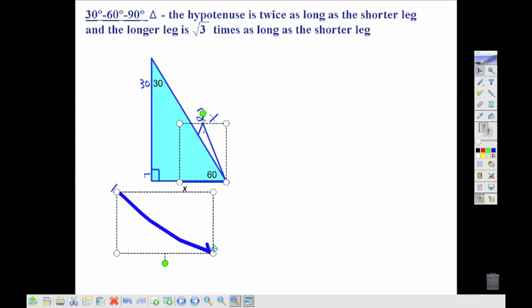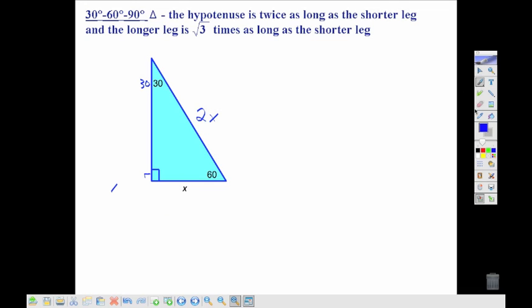Now I can get rid of this picture here, and I'm just left with that x and 2x. Now I have a right triangle to work with. In that right triangle, we can see the missing side is this side over here. I'll call that a. So we'll go with a squared plus my other leg, x squared, is equal to my